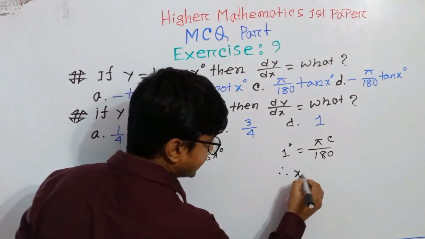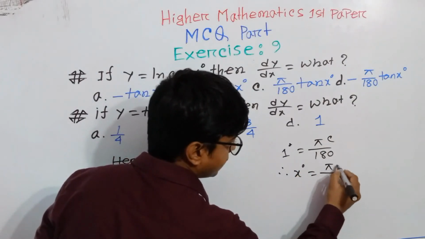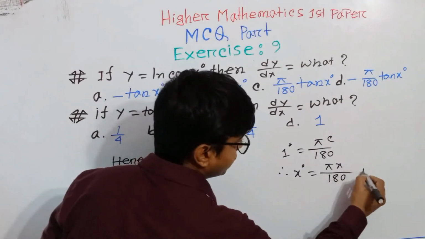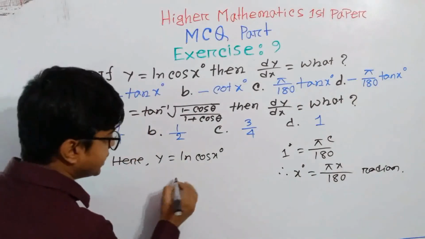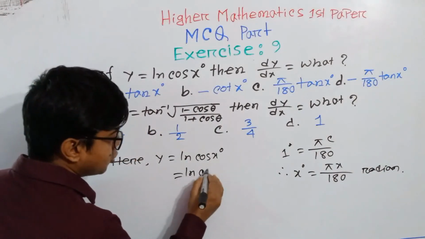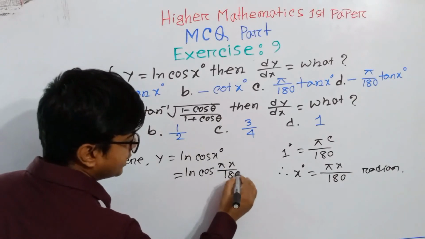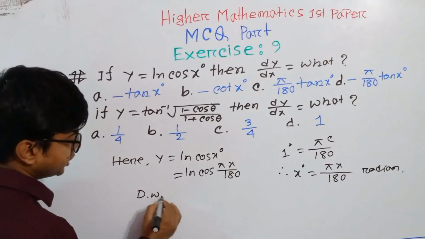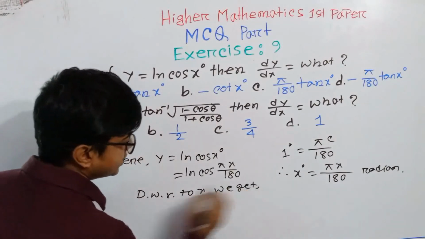That's why x degree equals pi x by 180 radian. Okay, that's why we can write here ln cos (pi x by 180). Now differentiating with respect to x, and we get